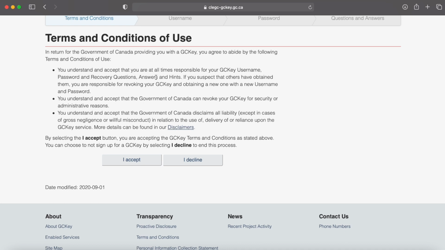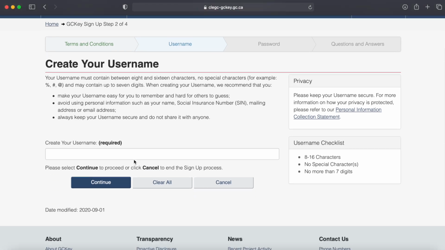Okay, so on the terms and conditions of your GCKey, you can just simply read through this, and once done you can just click on the I accept button right here. Okay, so let's go ahead and click on it. So from here you can just set up your